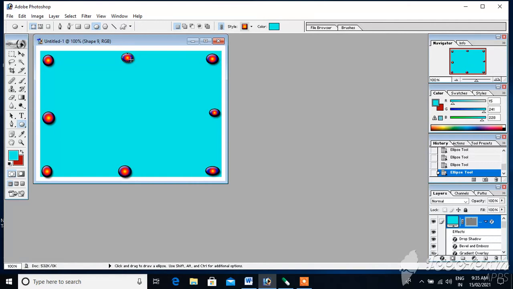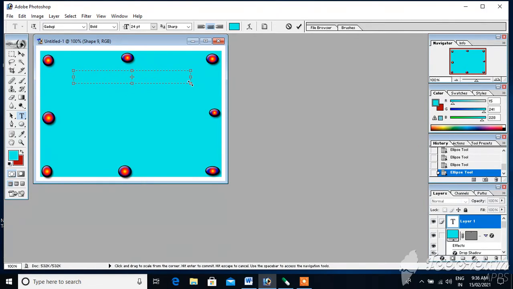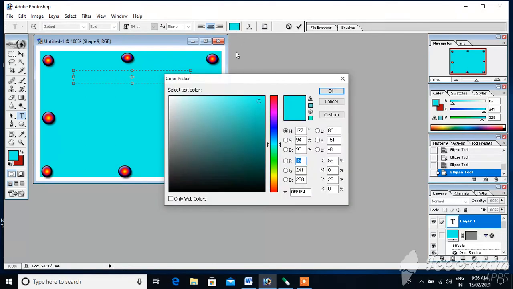then the birthday party text is there, so click on the text tool, select the text and just type it. Or change the color first so you can see here.